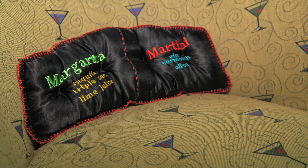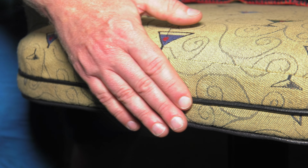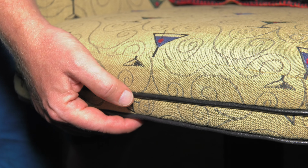So how much did you invest in the chairs, do you think? Well, like I said, it takes a fair amount of time to pull all the staples out, so I just watch a movie when I do that. But the fabric is not too expensive. I had it laying around for years. Didn't have to add too much foam. I bought a couple of legs, a couple of feet for it, which was about $10 for those. So I'm going to say about $30, and